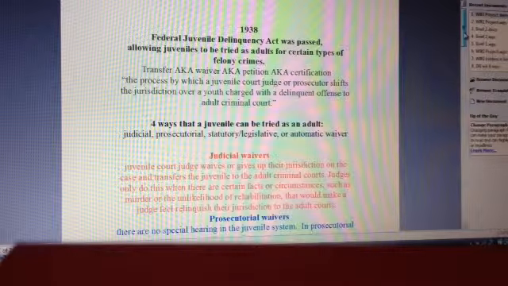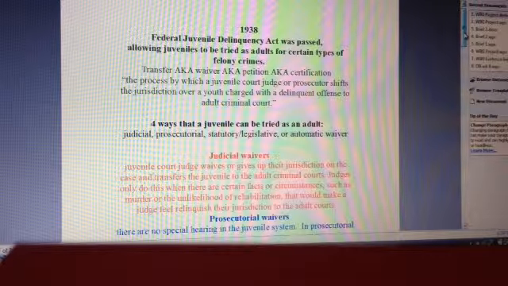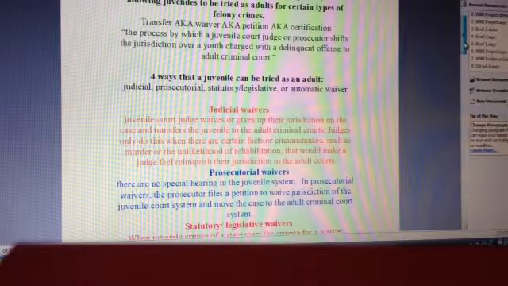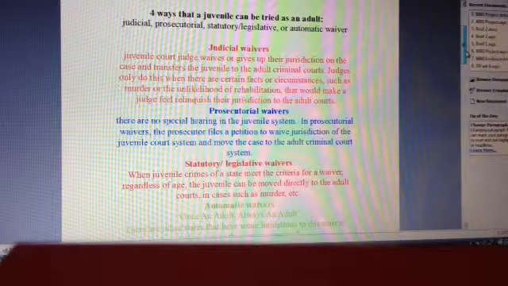The way that they're tried as adults, they have to go through a process called a transfer, which is also known or could be called a waiver or a petition or certification. All of these terms are defined as the process by which a juvenile court judge or prosecutor shifts the jurisdiction from youth charge to a delinquent offense to the adult courts. And there's 4 ways that can be done. The 4 ways are through judicial waivers, prosecutorial waivers, statutory or legislative waivers, and the last is called an automatic